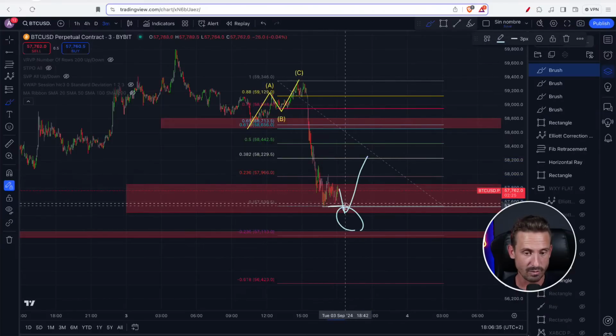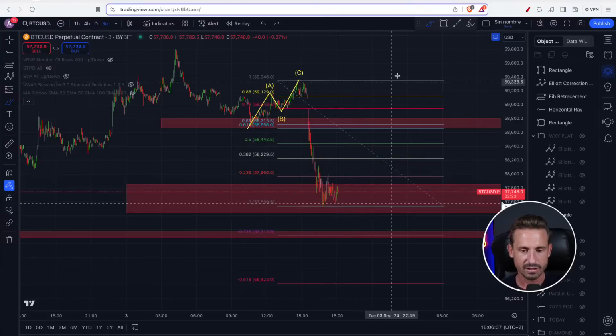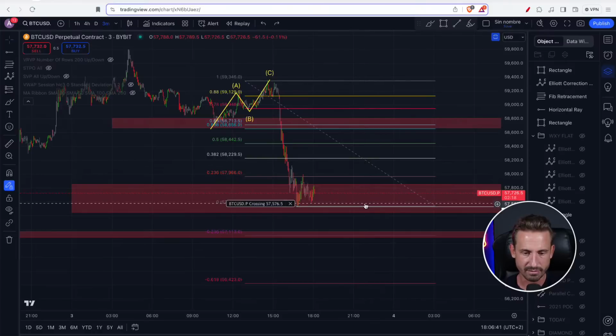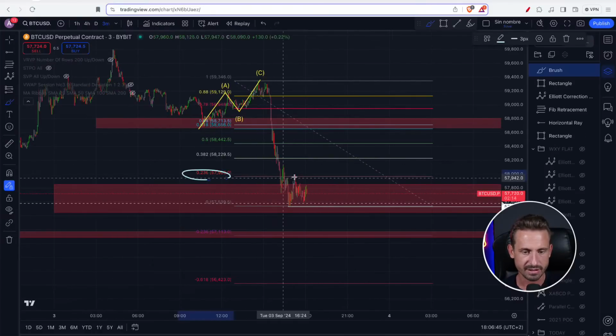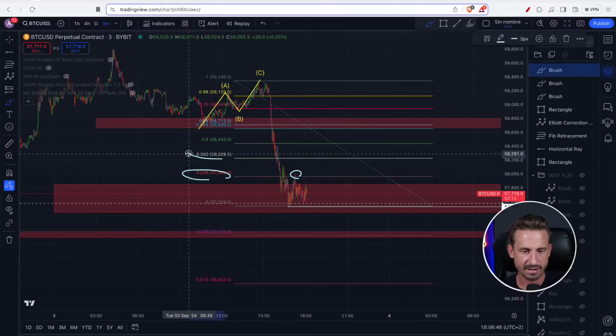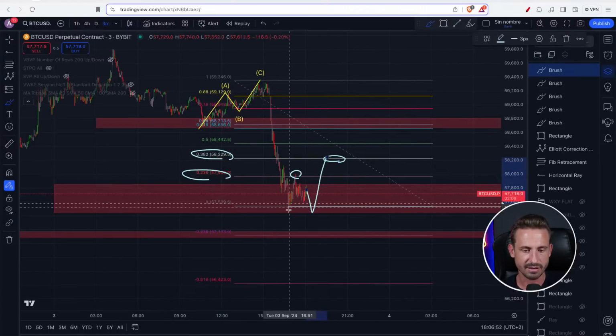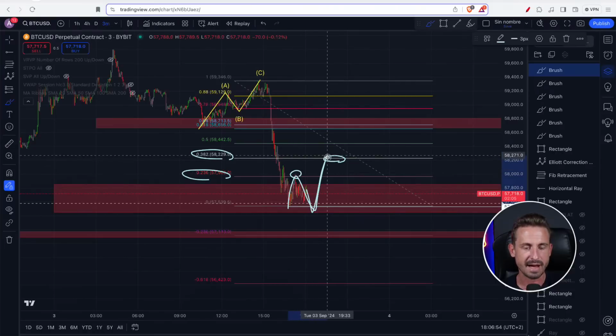So I will be willing to speculate on this scalp setup here. Set the alerts right now to get that move at least to hit the high of this 236 and obviously the 382. So looking at something like this, you're probably looking at an ABC flat here